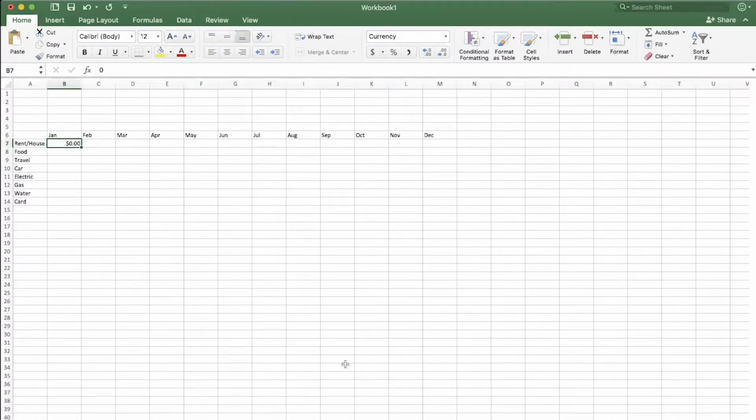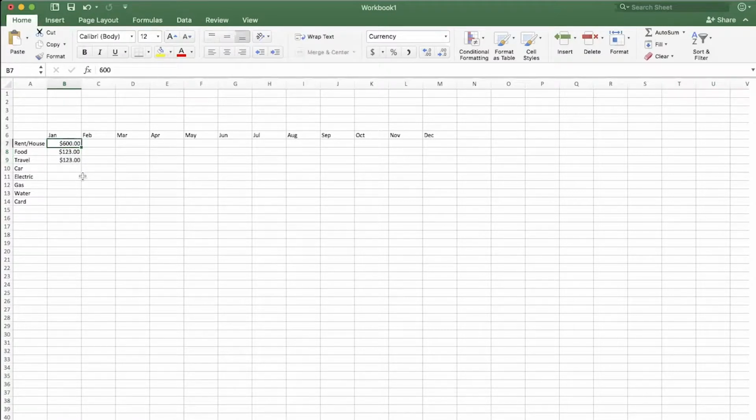I can just select the cell and type in 90 and hit enter, and it formats to $90. Of course, that's not enough for a rent, so I'll change that to, I don't know, 600, which is really good rent, a really, really good rent in some places. And what I'm going to do is put in some random numbers here. I'm going to select the first one that has the formatting that we like. I'm going to go up to the Home tab, select Format Painter, the little paintbrush, and then click, hold, and drag to highlight the other two. And notice it automatically formats those into the right number and the right format.